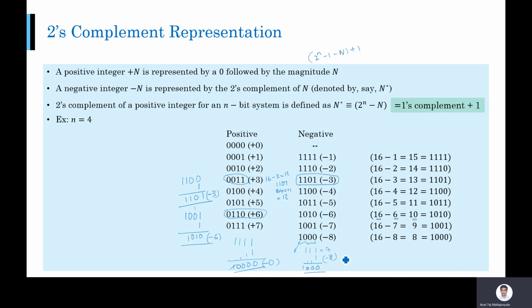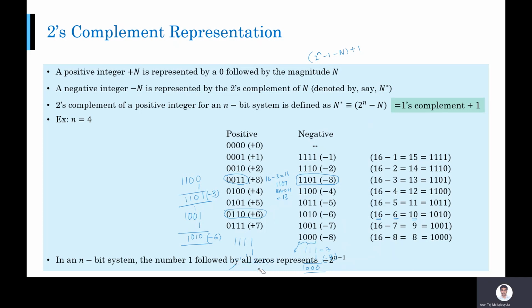So this bit combination can be used. What is the operation here? That is also very easy to see. 16 minus 8, which is 8. 8 is simply 1, 0, 0, 0. So the operation is also very straightforward. So therefore, 1 bit combination extra you are getting, and so your range is now more.